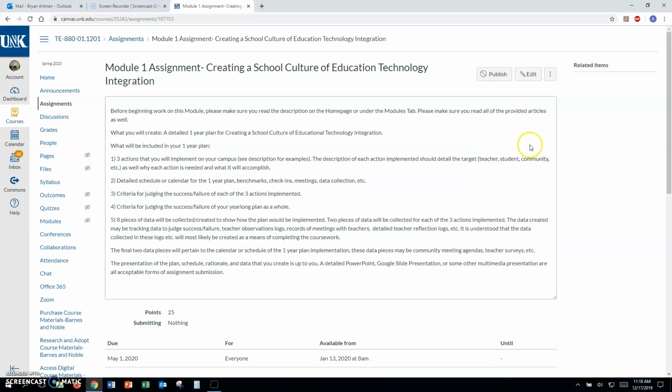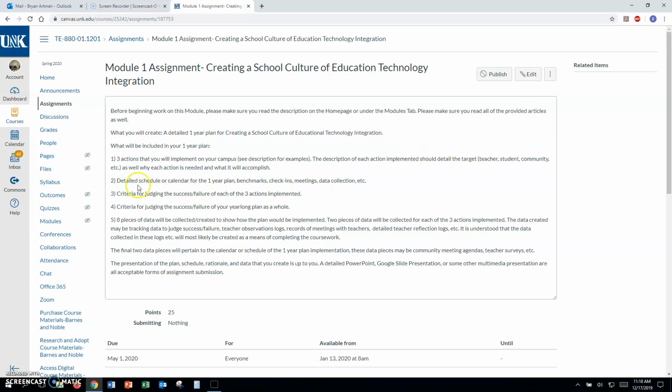Are you trying to use technology to help the parents better use technology in their home or be more connected? Are you trying to use technology tools to better pull the community into the school, if that's an issue? Whatever you use, just be highly detailed in how you talk about that.